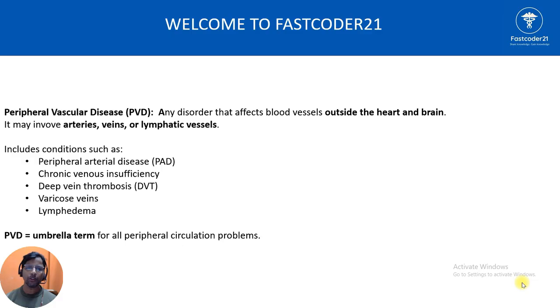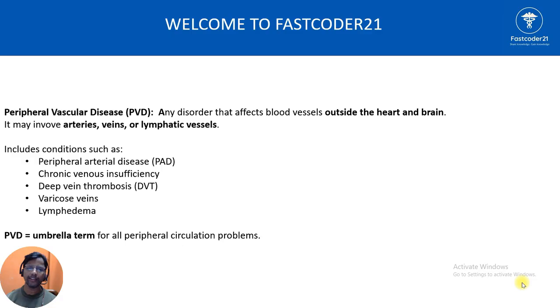So here the term vascular includes arteries, veins or any type of lymphatic vessels. So this PVD is not related to any specific blood vessels. Basically it is related to arteries, veins and lymphatic vessels. So what are the examples for PAD or PVD? Peripheral arterial disease, one of the most important conditions related to PVD, and also chronic venous insufficiency, deep vein